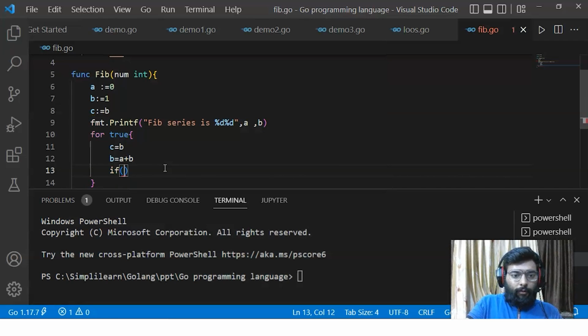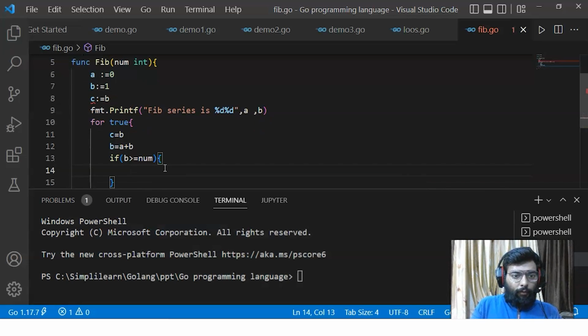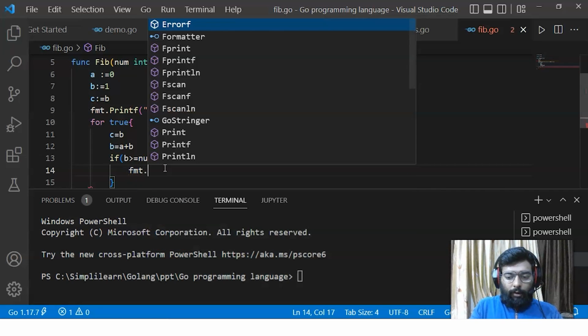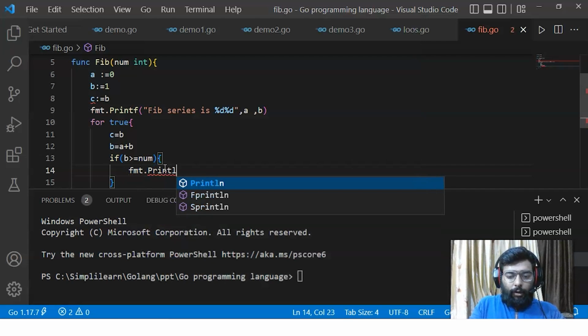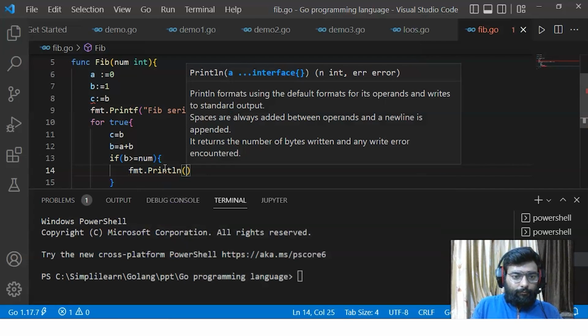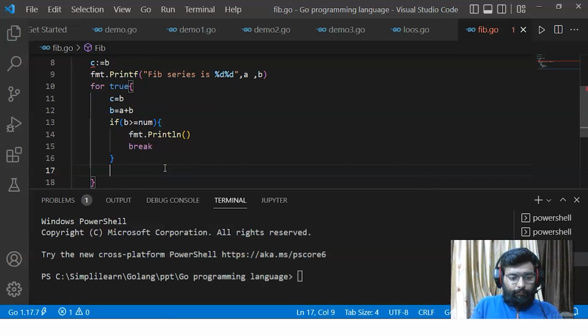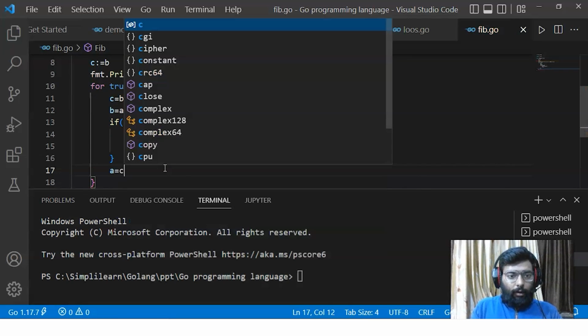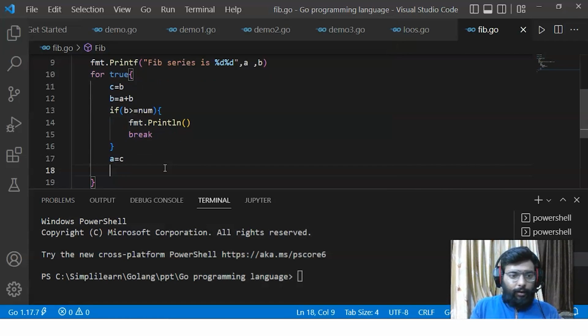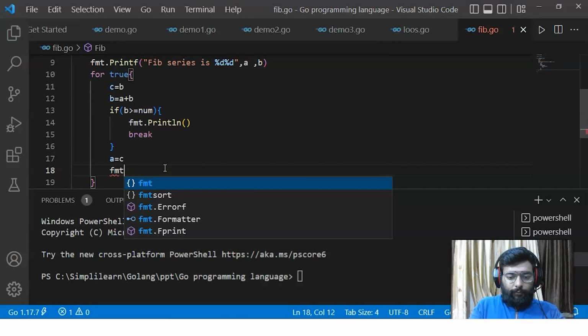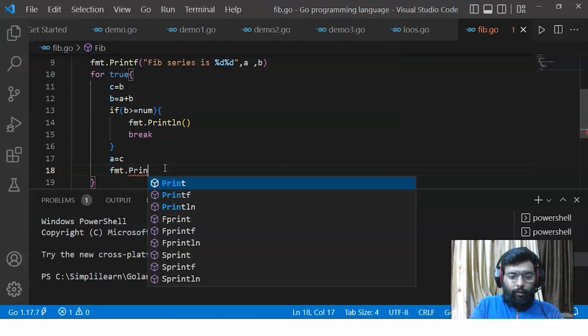If b is greater than or equal to num, print a line with fmt.Println and break the loop. Sorry, break the if statement. a equal to c,